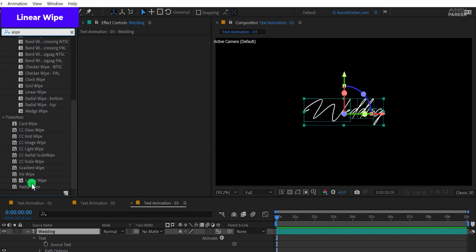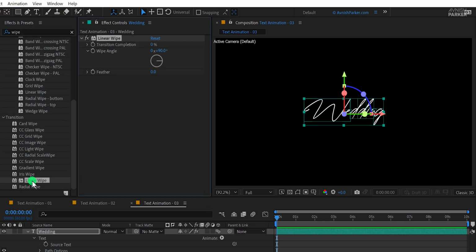In the transition, you will find this linear wipe. Simply apply it onto the text layer and change the transition completion value to 50%. Now change the wipe angle value so that it will match with the angle of the text. Something like this. Now if you play with the transition completion value, you can see we have this kind of